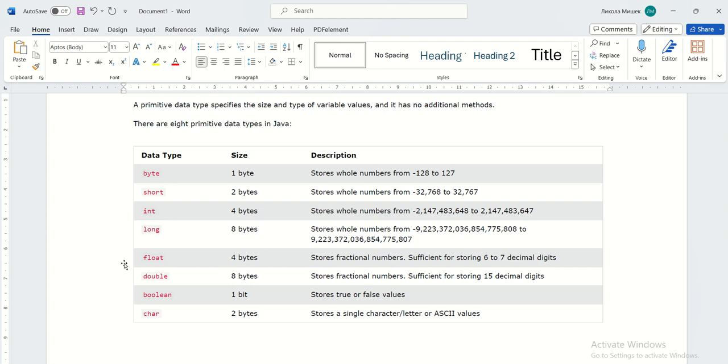And then we also have a short. This can store a number as long as 2 bytes, the size. And you can see under the description the range of numbers it can store. Again, we have int, we have long, we have float, we have double, we have boolean, and we have char. So these are the primitive data types that you need to know, but our focus mainly, we are going to do